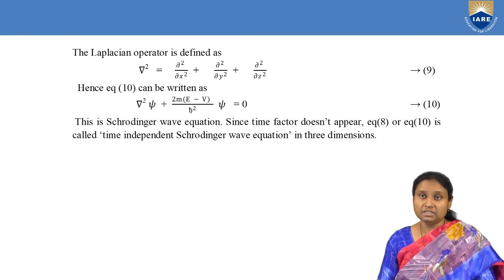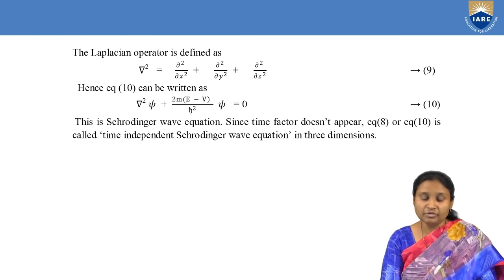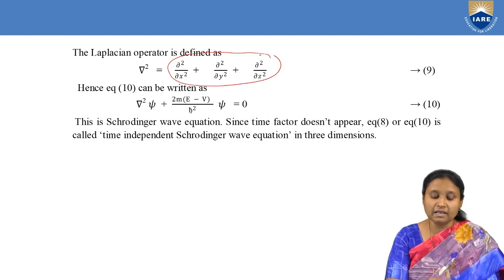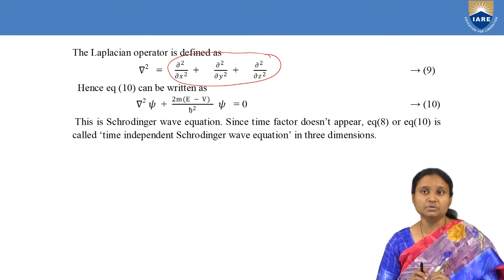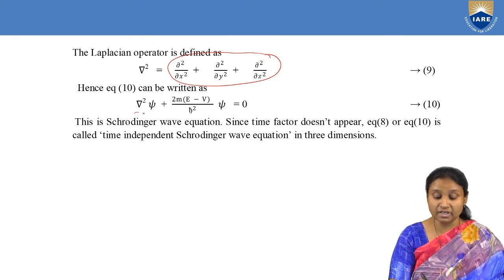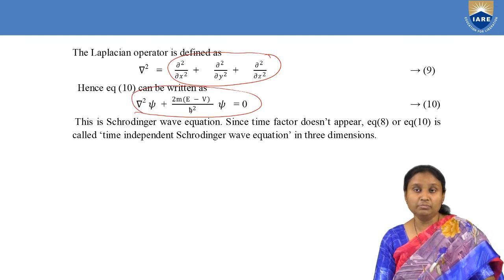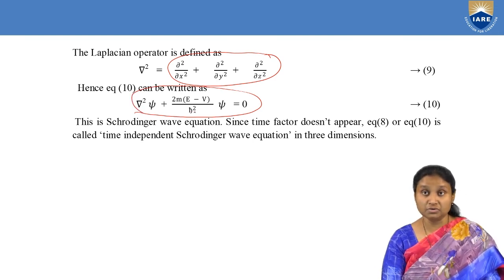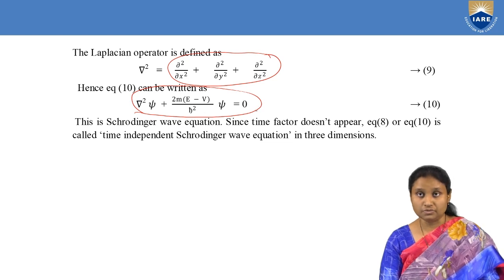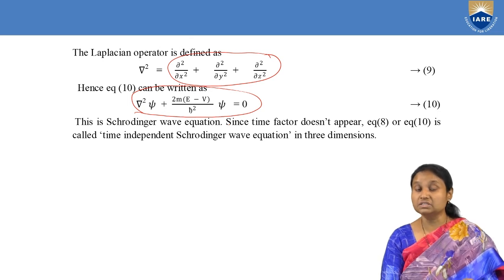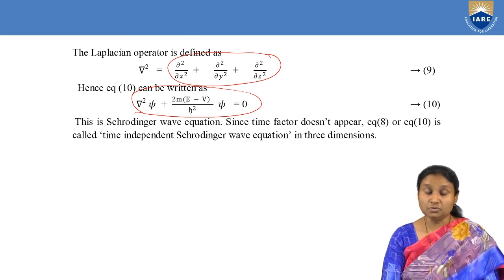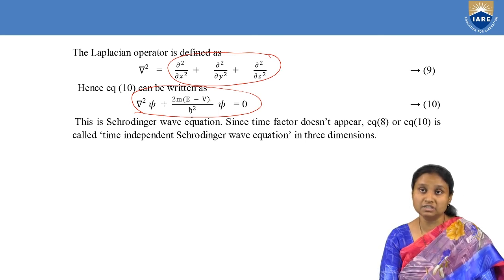We have removed the time factor, and if you want to write that equation in a simplified way, we replace this with the Laplacian operator del square. Then the final simplified time independent Schrodinger's wave equation for matter waves is given as ∇²ψ + (2m(E − V)/ħ²)ψ = 0. In this, m is the mass of the material particle in motion, which gives rise to the matter wave, E is the total energy associated with the material particle, V is the potential energy of the material particle, and of course h cross is h by 2π.